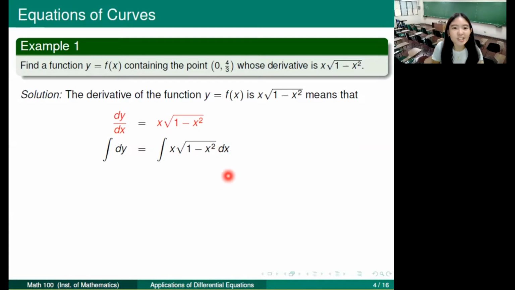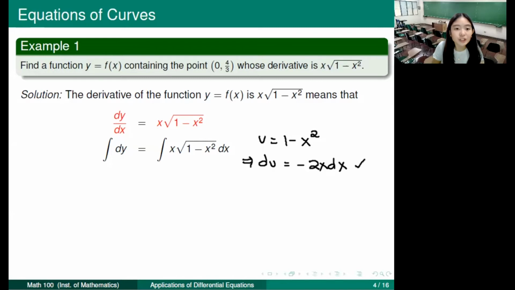Okay, so sana by now, medyo natural na sa atin yung pagpili ng efficient choice for u. If you try using u equals 1 minus x squared, then what will be your du therefore? It becomes negative 2x dx. Okay? And how do you know if this is a good choice for you? You should see it or something like it dun sa ating integrand. And in fact, you can see it here, because you have an x here and a dx right here. You just have a negative 2 dun sa inyong du, but